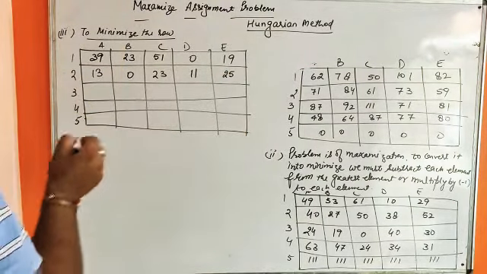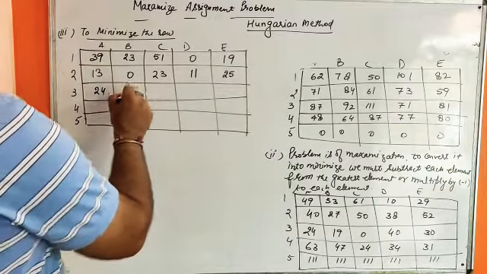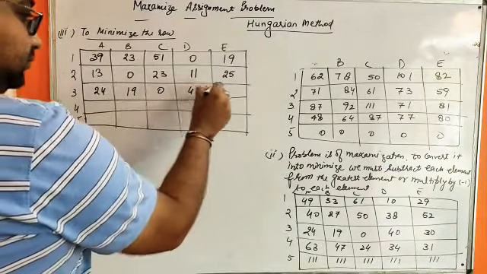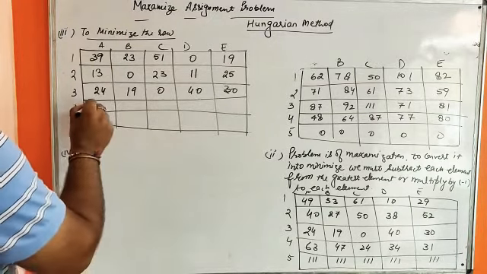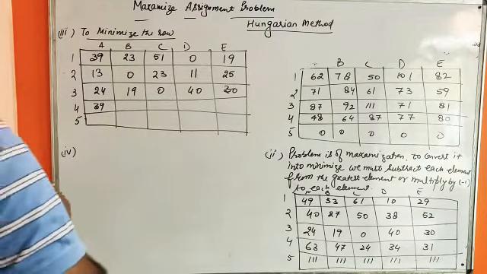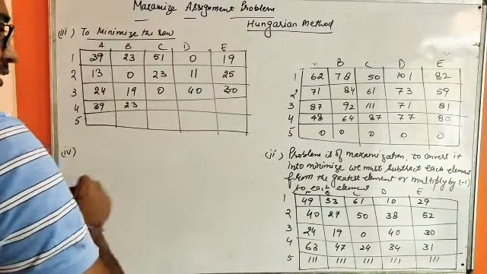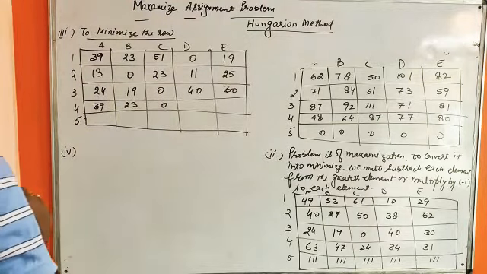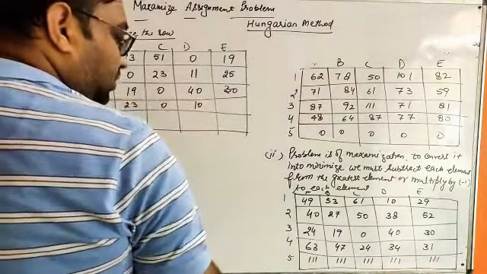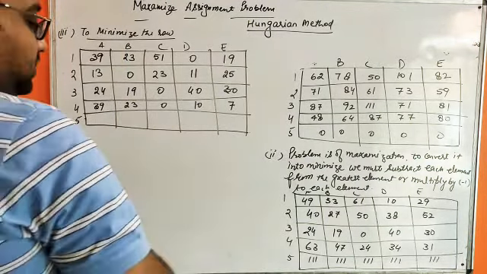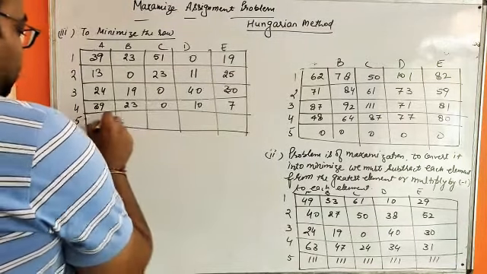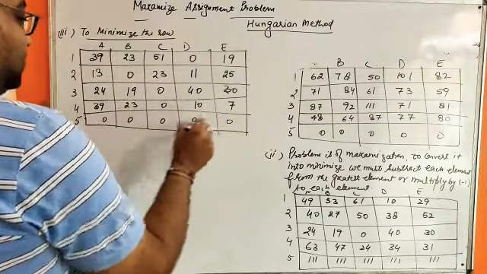In the third row, the minimum element is 0. So no change. This row will remain as it is. In the fourth row, the minimum element is 24. So subtract 24 from each of the element of this particular row. So 63 minus 24 is 39. 47 minus 24 is 23. 24 minus 24, 0. 34 minus 24, 10. 31 minus 24 is 7. And from the last row, the minimum element is 111, so subtract it, we will get all the elements equals to 0.